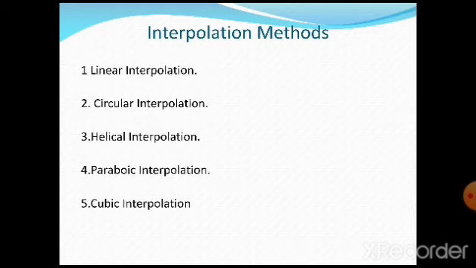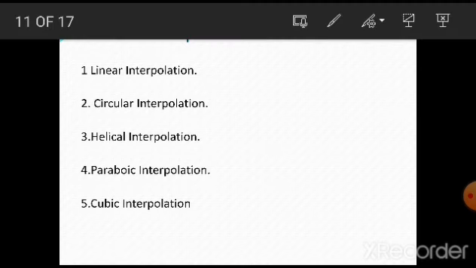We want to actually generate the continuous path only, but in continuous path also we require to have the methods used. What methods are adopted so that it is possible to generate the continuous path or a contouring system of shapes production on a given workpiece. So there are 5 important types of interpolation methods. The first one is linear interpolation method, second one is circular interpolation, third one is helical interpolation, fourth one is parabolic interpolation, and the fifth one is cubic interpolation.